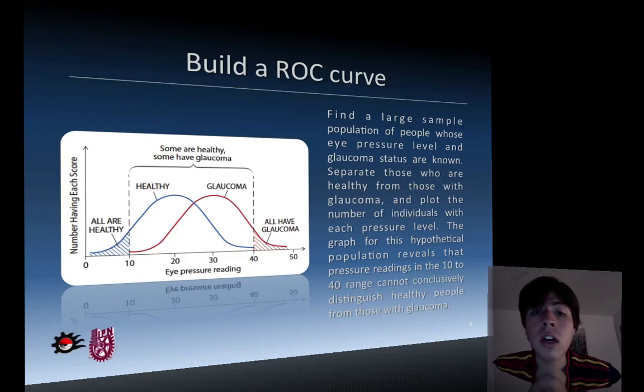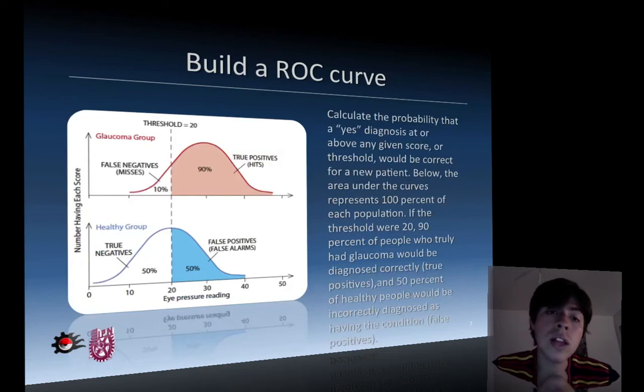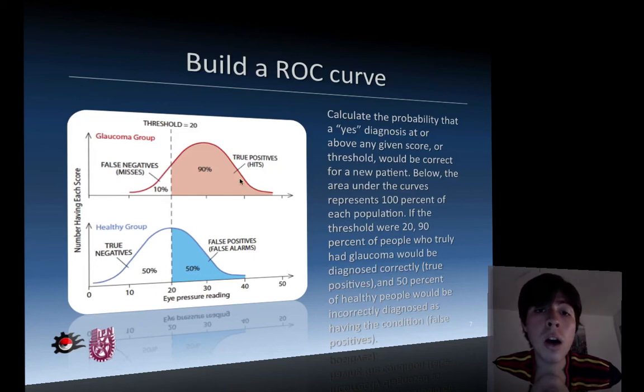So we have the binary conditions, so we have either people that have or don't have a certain disease, in this case glaucoma. So when moving to the next slide, we can see here how we divided the two curves and plotted them separately, one on top of the other. This is important so we can have a better knowledge of how many people are either in the glaucoma group, which is on the top graphic, or it's a person